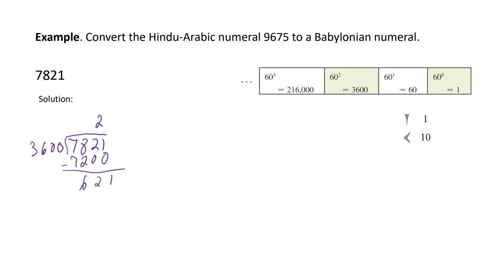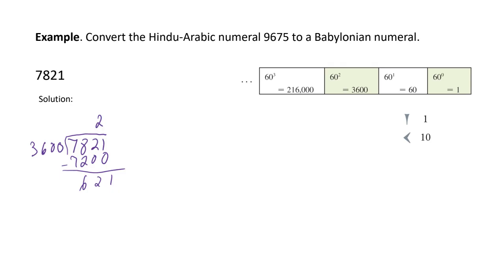Okay, well now, what if you want to do it backwards? Doing it backwards is kind of the difficult part because you usually have to do a lot of work to find it. So if I give you the number 7,821, this one, not the one that I have over here, and we want to write it as a Babylonian number, what you would do, and you could do this for any base,